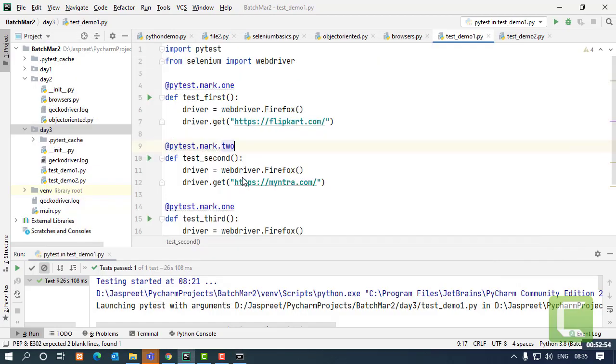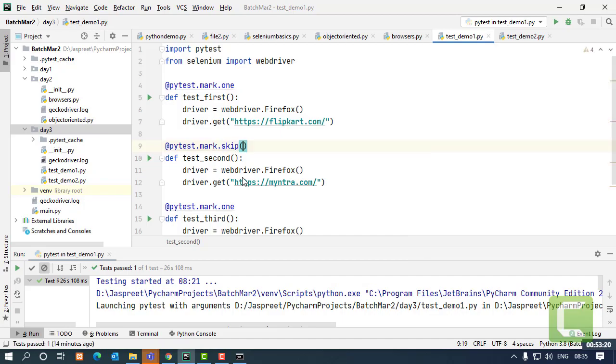Okay. Now these were the grouping of the test cases. Using the same kind of markers, you can also skip test cases as per your requirement. For that, the marker is going to be the same, pytest.mark, till that point it's the same. Then it will become dot skip.